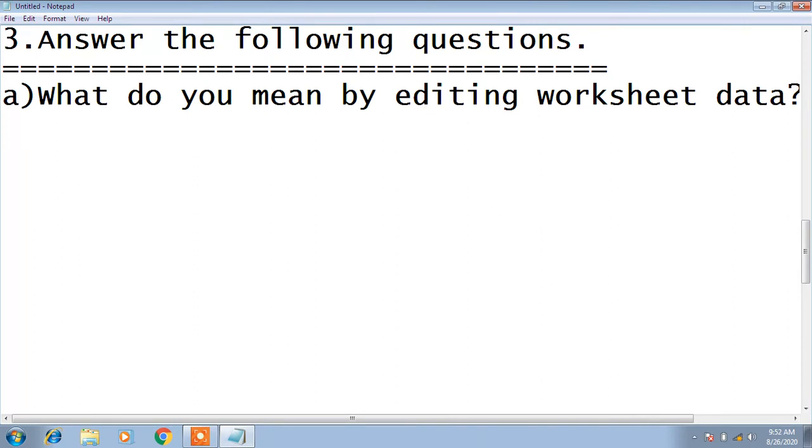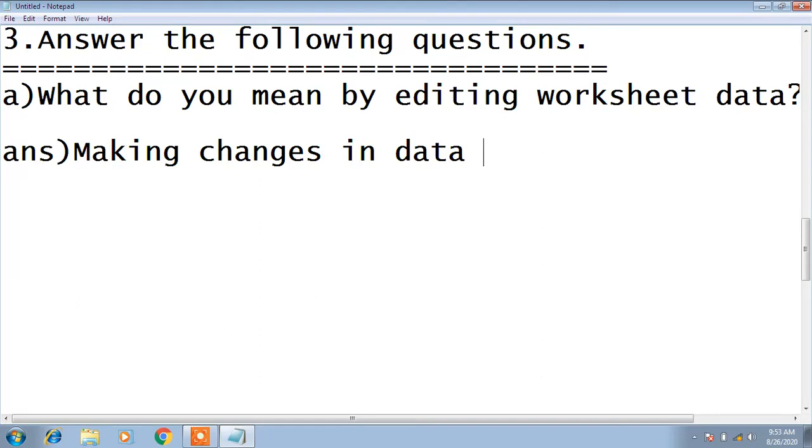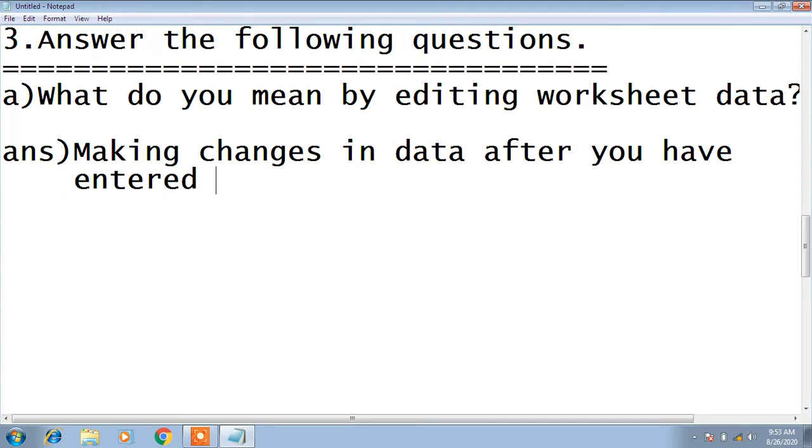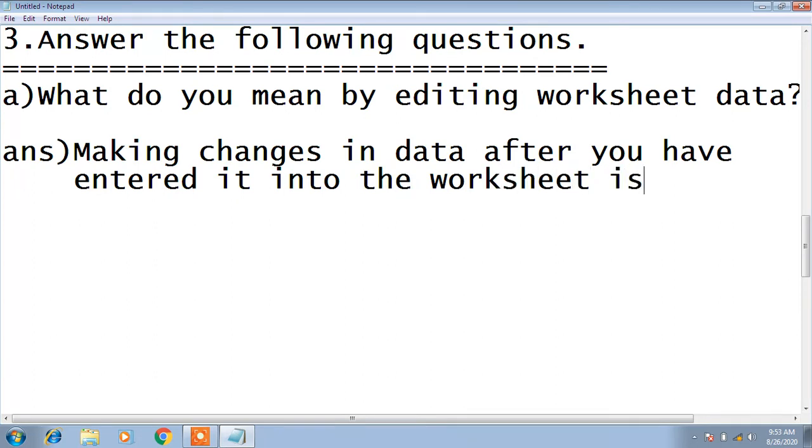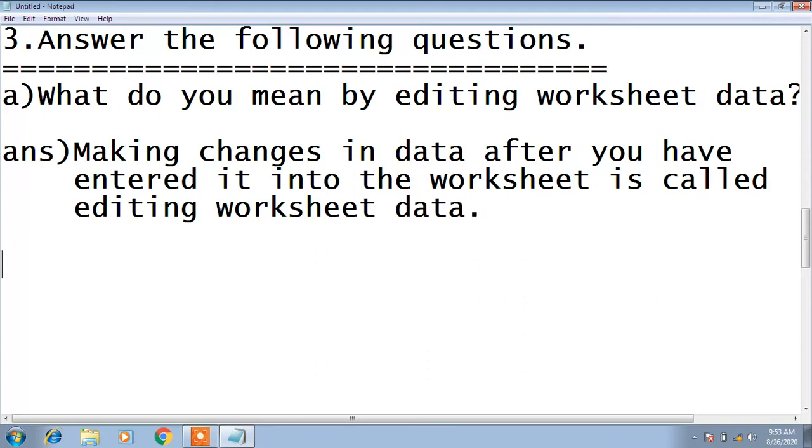Now the answer for this question: making changes in data after you have entered it into the worksheet is called editing worksheet data. So this is the answer of the first question.